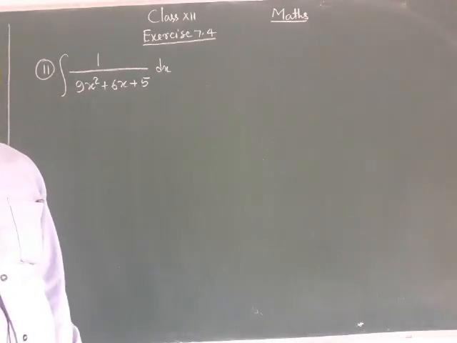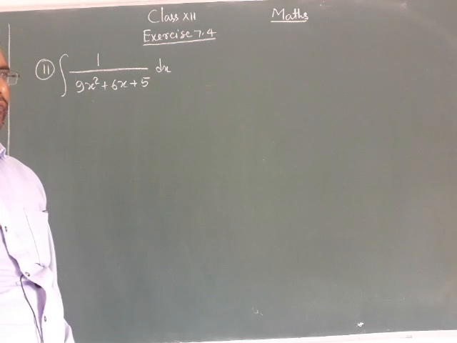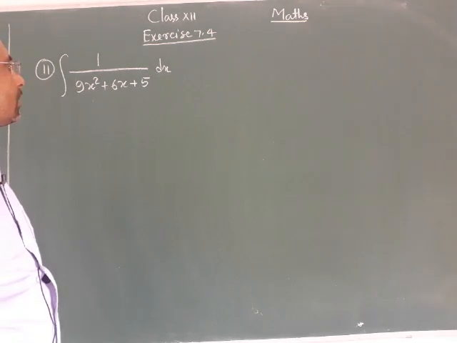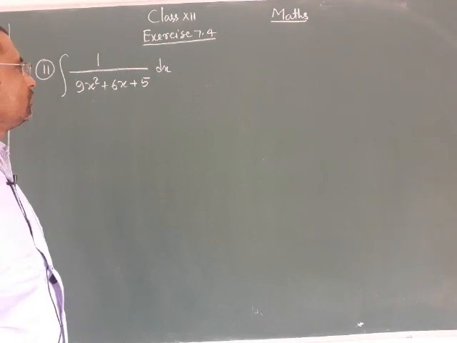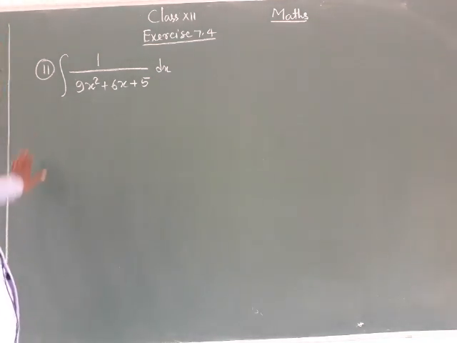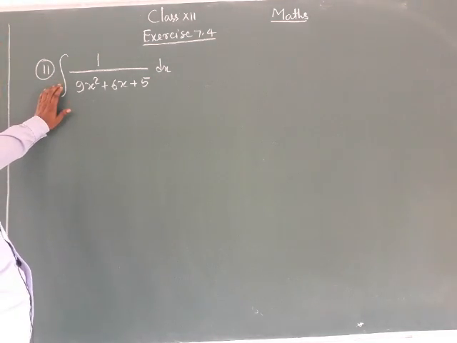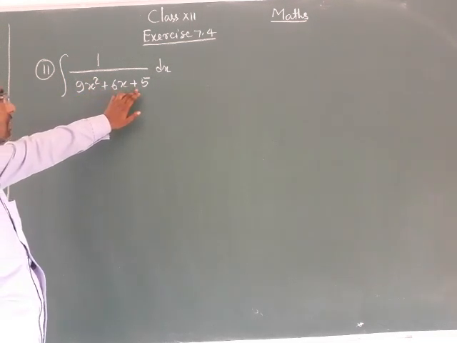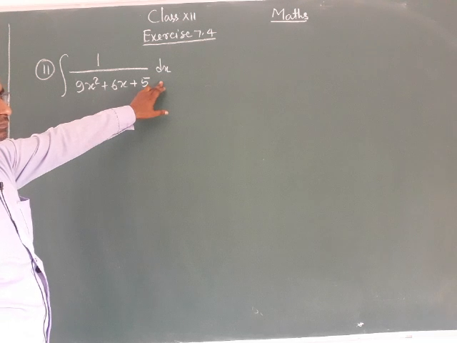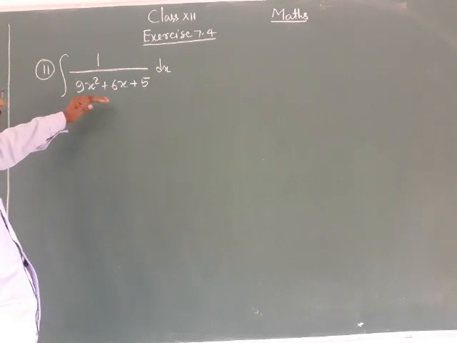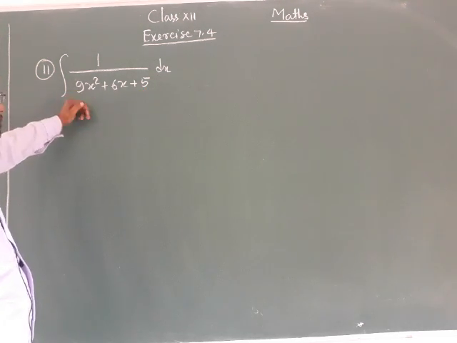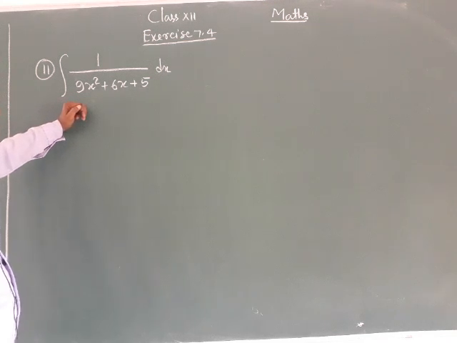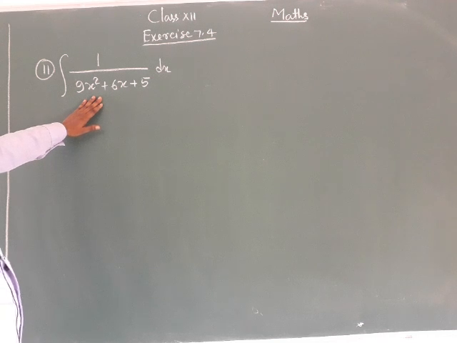Good morning everyone. Today I will solve the remaining questions of exercise 7.4. So question number 11, integral of 1 upon 9x square plus 6x plus 5 dx. So how can we integrate this question? It cannot be solved directly, so change it into another form